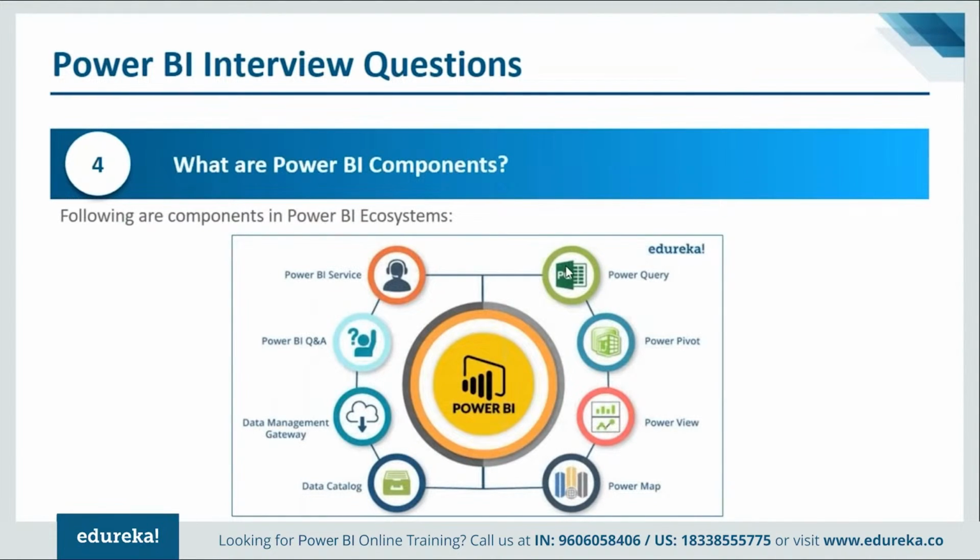You can see that it consists of Power Query, Power Pivot, Power View. These are obviously the add-in components. Okay. These are the Power components. Then you have Power Map, Data Management Gateway, Power BI Q&A, which is another revolutionary feature, natural language querying, which I'll talk about in a while, and finally Power BI Service. Okay, so mainly theoretical. What I would suggest is just give them a picture, just give them the names of these 8 components, and just give them an idea of what each of these components mean.